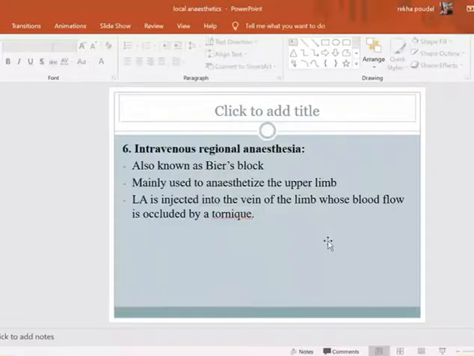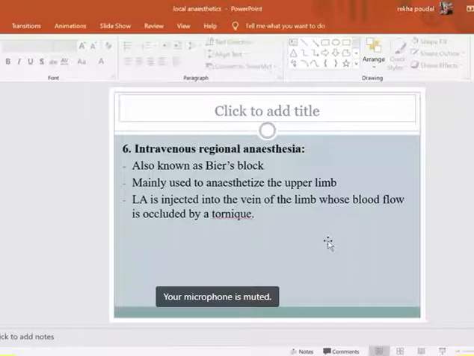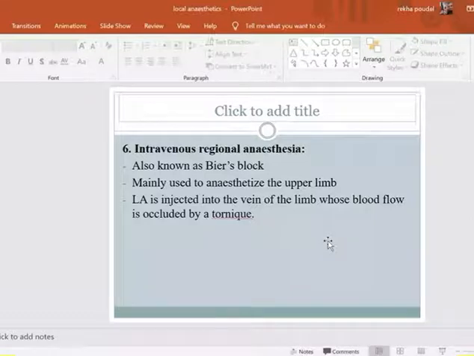Now coming to the last anesthetic procedure, which is intravenous regional anesthesia. Intravenous regional anesthesia is also known as Beer's block. You will be taught about Beer's block in detail during your clinical classes in anesthesia. It is mainly used to anesthetize the upper limb while doing